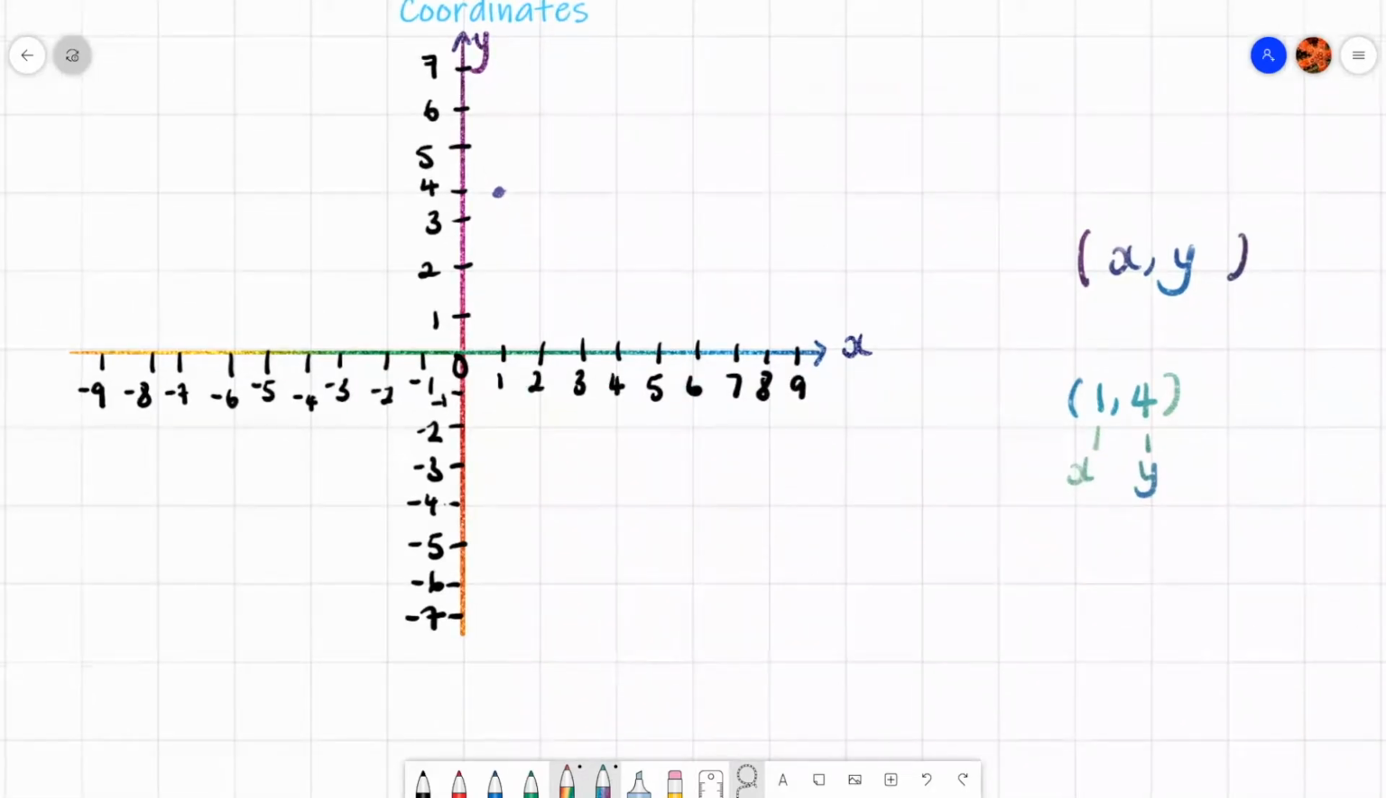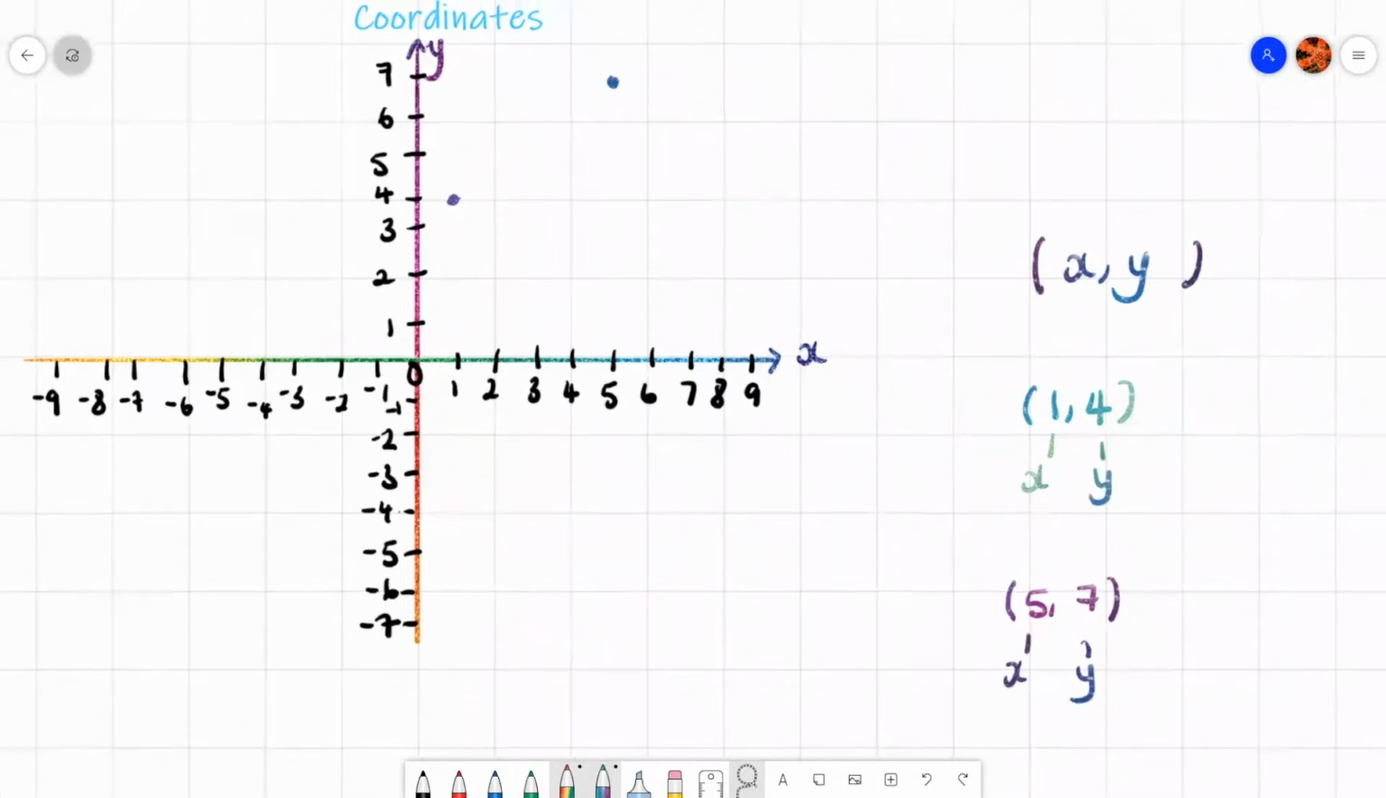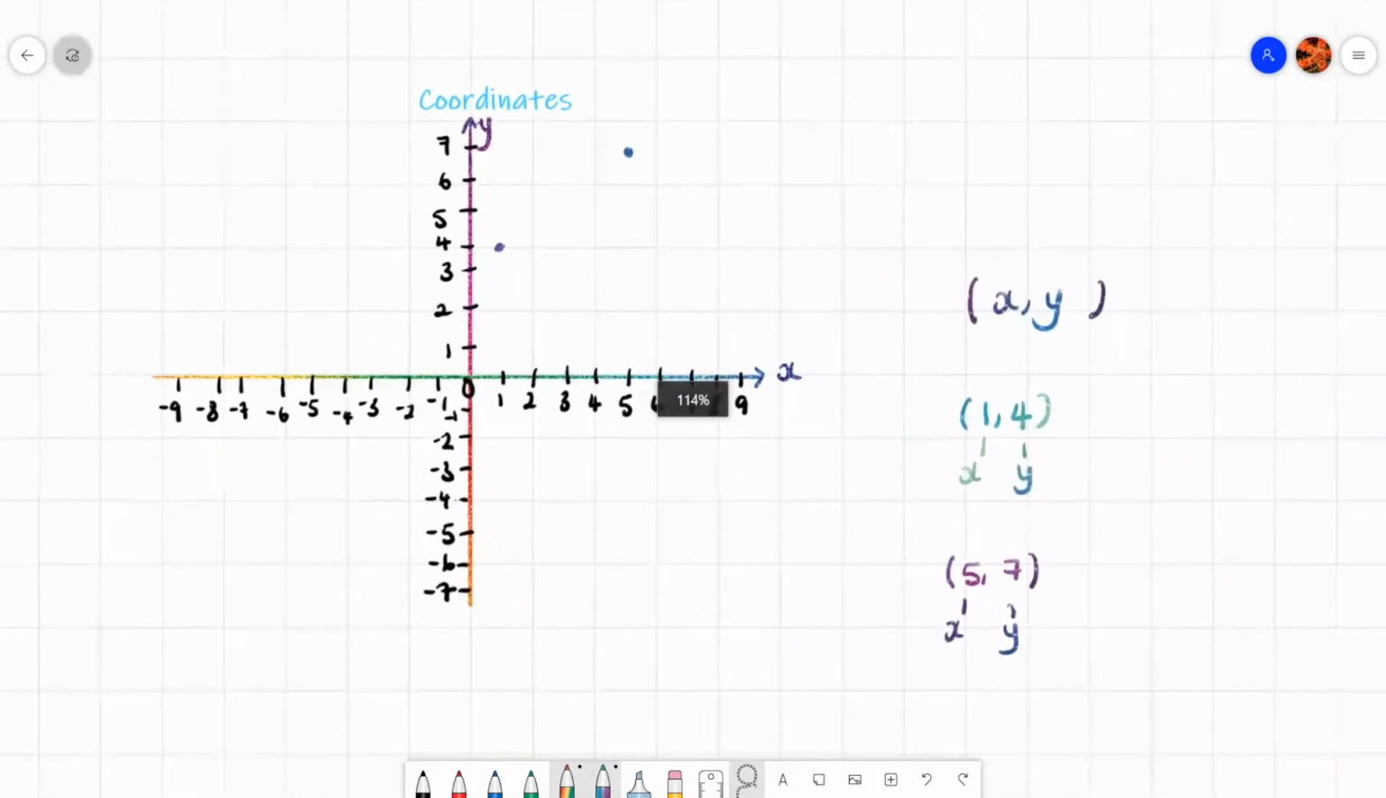Let's do another one. Let's do 5, 7. So again, x number and y number. So on your x-axis, find 5, which I have, and then go all the way up to 7 and a dot there. Let's plot -2, 3. Again, x and y. So on my x-axis, find -2 and go all the way up to +3, and you can put a dot